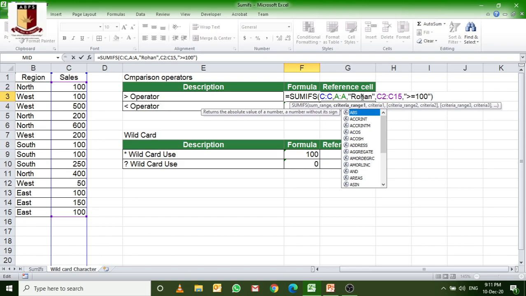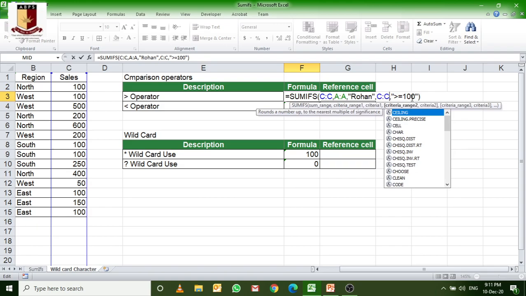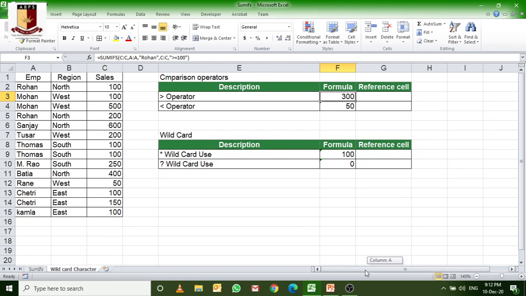Now second, the cells in the whole C column are taken, C:C, and the cell value must be more than or equal to 100, then the sum will happen.